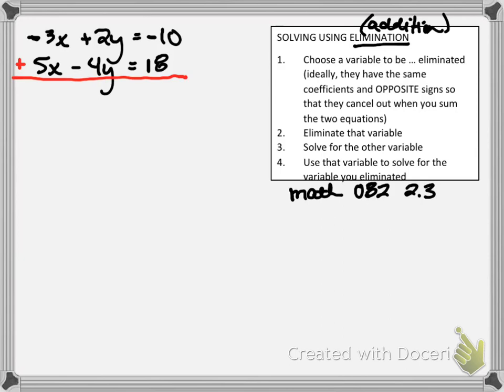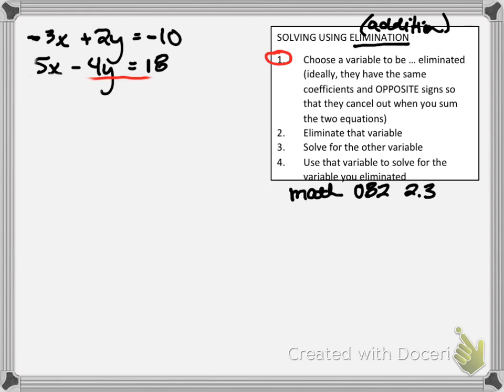Now, if I were to go ahead and eliminate this, or add this right now, you can see that I would get a positive 2x and a negative 2y. So neither of these variables right now are going to cancel out. So what that means is that I have to do something first to one or both equations before I can add them together. Okay, and over here on our steps, you can see that I have to choose a variable